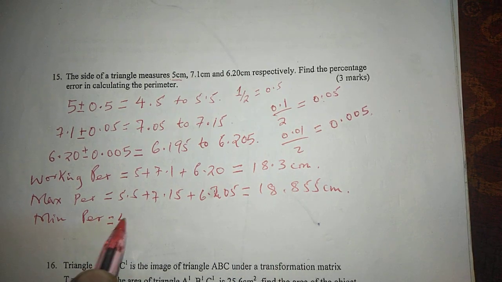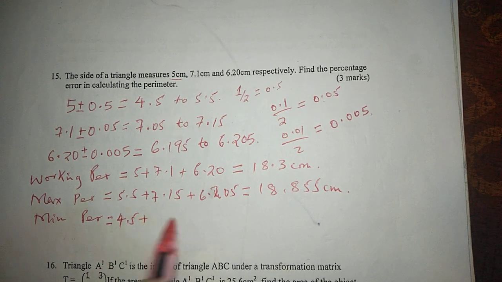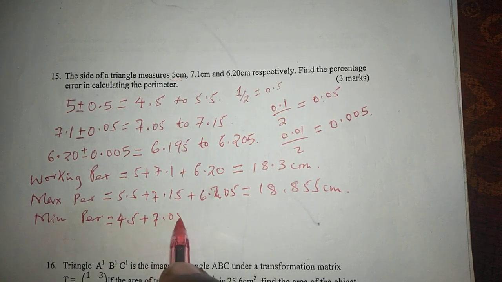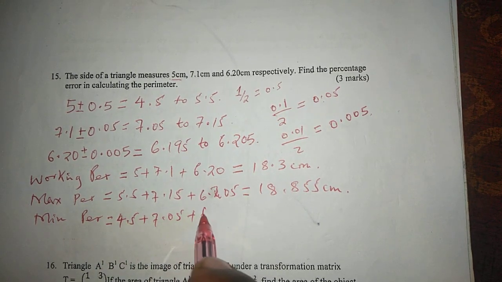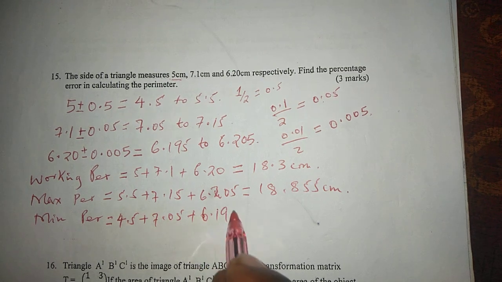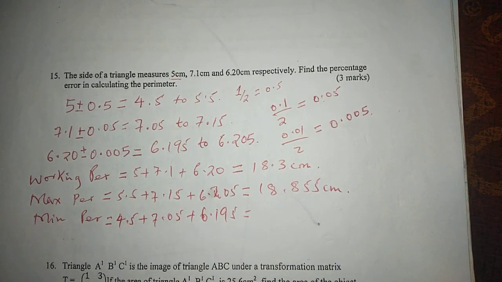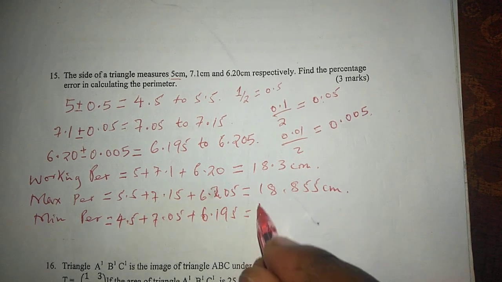Then the minimum perimeter is calculated by adding up the lower limits of each dimension. And here we will have 4.5 plus 7.05 plus 6.195, giving us a total of